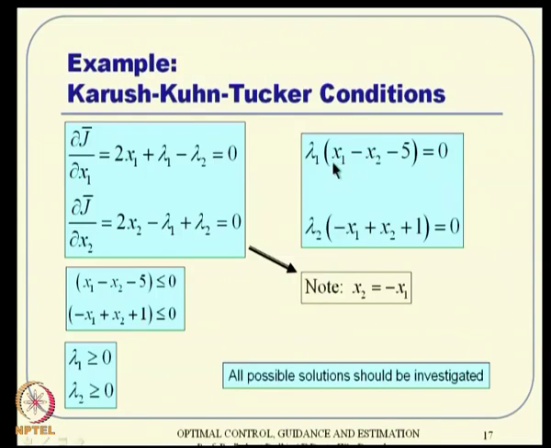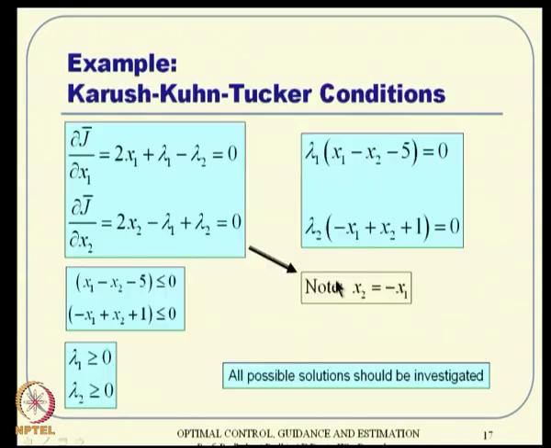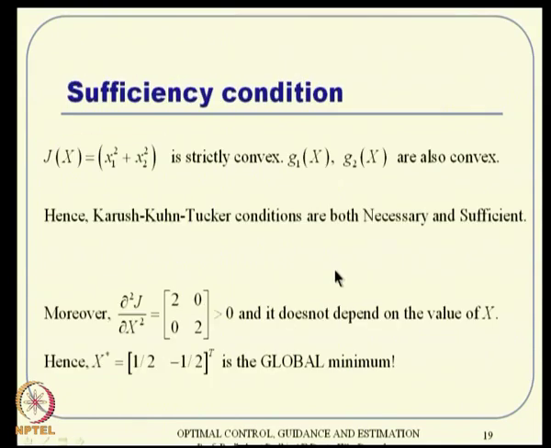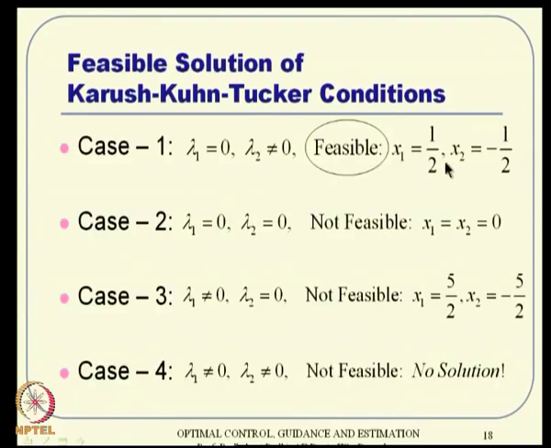And G1 and G2, whatever you are talking about, are all linear equations, and hence convex. We do not need strict convexity here, just convex is good enough. Hence, the Karush-Kuhn-Tucker conditions are both necessary and sufficient. So this particular solution candidate that you are talking about is both necessary and sufficient, and hence it is a candidate solution in both senses.